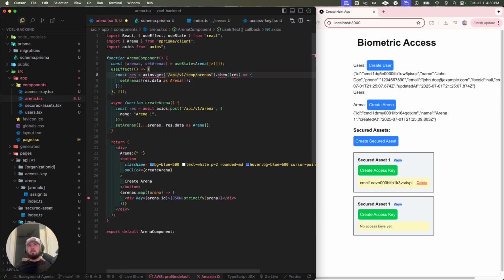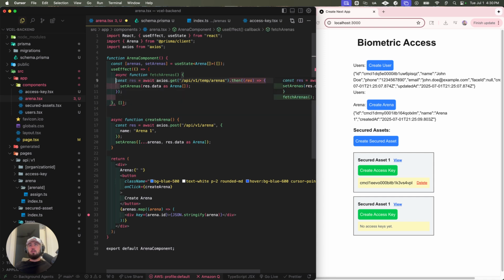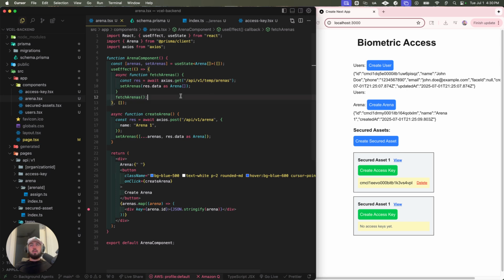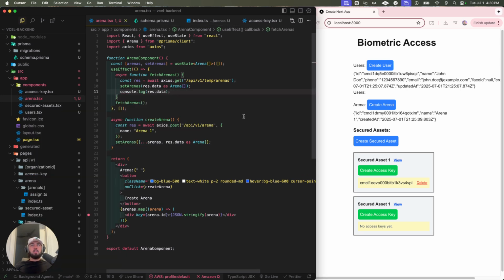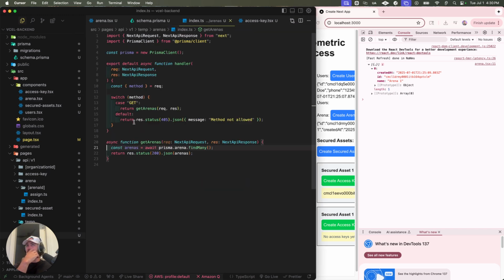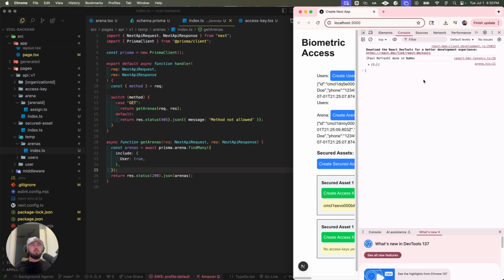Let's say const res. Oh wait, let's wrap this with an async function. And boom, bada bang. The reason why I did that is I just want to see the console log of the data, because it should include the user's bit with it, which I'm not sure why it doesn't. Because we did say include, right? Oh, maybe we didn't. That would be why. So I'm just getting all the arenas. There we go. Right?